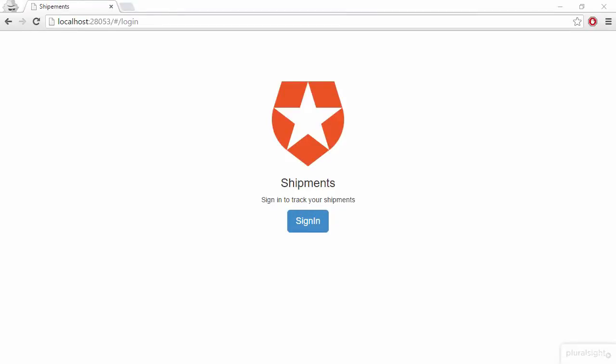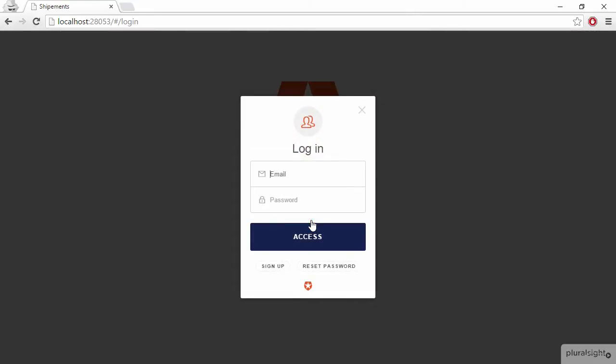Let's take a quick glimpse at the demo application that we will build throughout this course. The front end is an Angular single-page application that users will be able to log on to display their shipments. If we try to sign in, we see Auth0 Lock, a professional-looking login dialog that displays well on any resolution